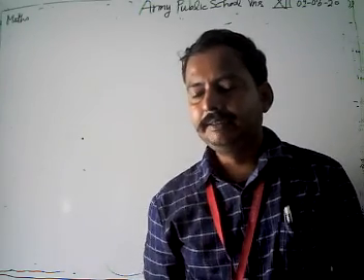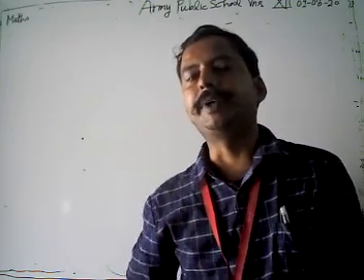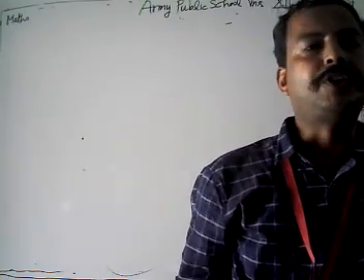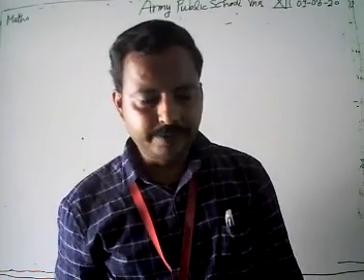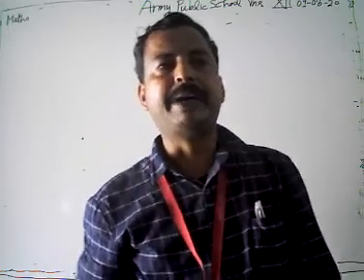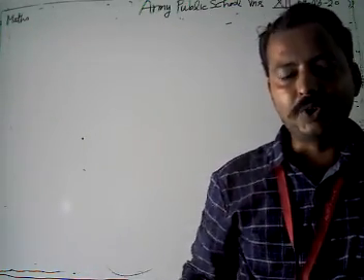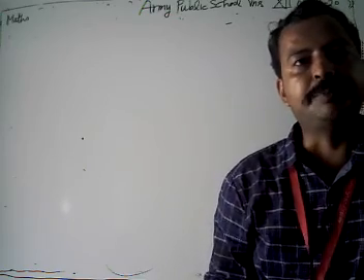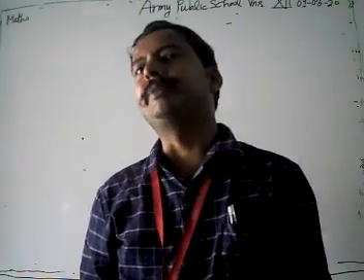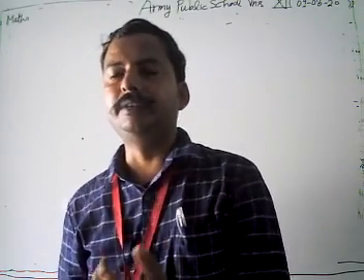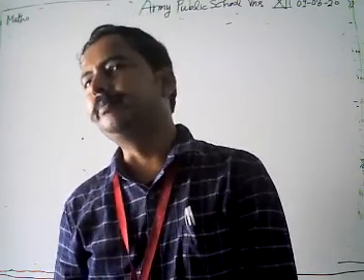Hi student. Yesterday we discussed our topic vector algebra, in which we discussed the dot product. We have seen that the dot product of vector A and vector B is given by mod of A, mod of B, and then cos theta. After that we did problems to find the angle between two given vectors, where cos theta is given by vector A dot B divided by modulus of A modulus of B.